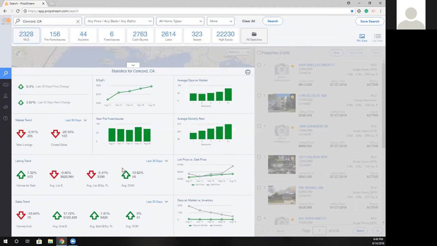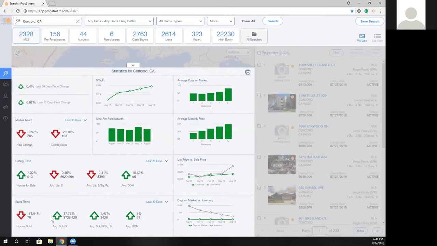And then listing trends. So these are the last 30 days, how many homes for sale, how many homes have been sold on the MLS listings, average listing price, price per square footage, and then average days on market, whether it's increase or decrease. Now this time frame can be increased from 30, 90, 6 months to a year. So for those that are living in a more rural area, you probably want to expand it. For those living in a very high active area like Los Angeles, you probably want to keep it within the 30-day mark. We also have the list price versus sell price, showing you what the average listing price is versus what the average sell price is in the area.